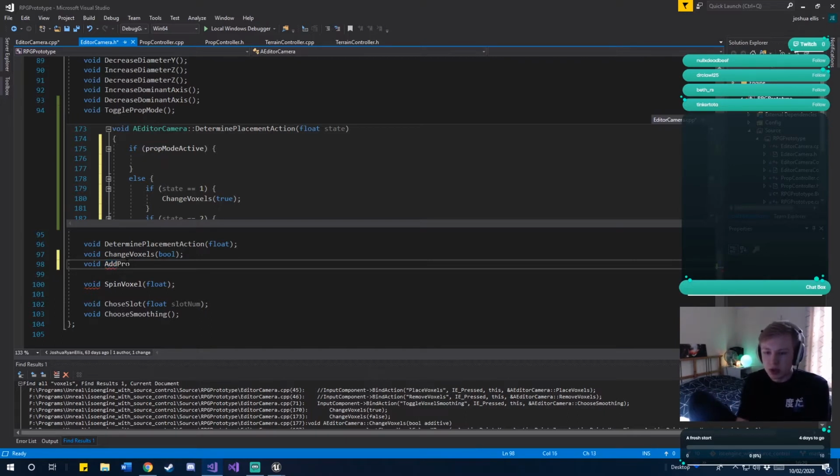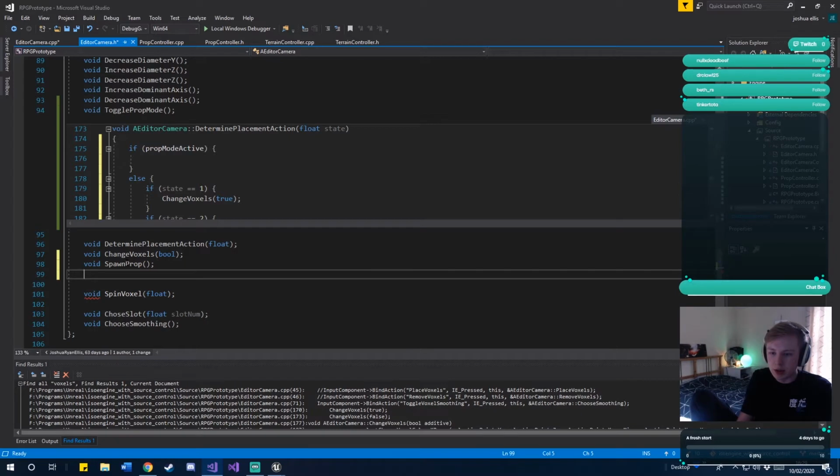So I'll just call something called spawn prop. That will need to take no variables, and one called delete prop. Simple as that. Then back in here,